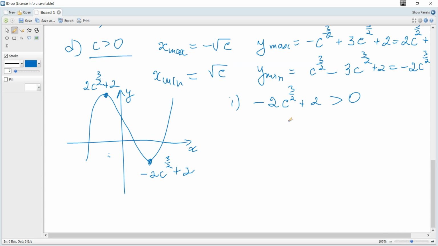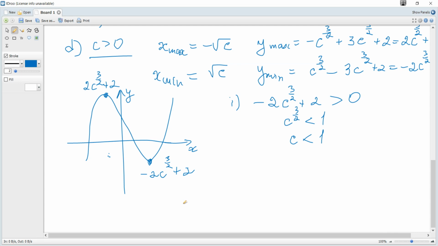And we can see that c to the power 3/2 is less than 1, hence c is less than 1. Just raise both sides to the power of 2/3. And the next, exactly 2